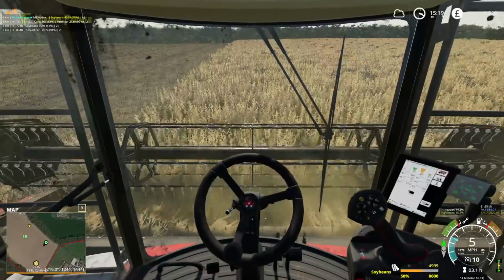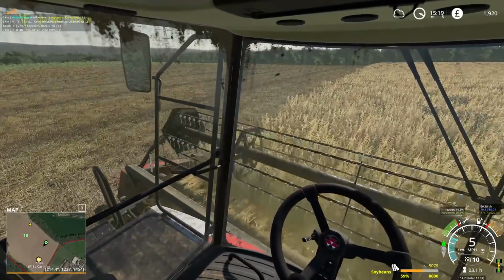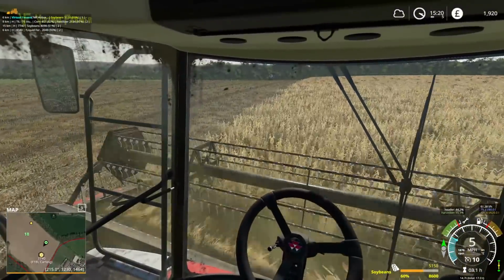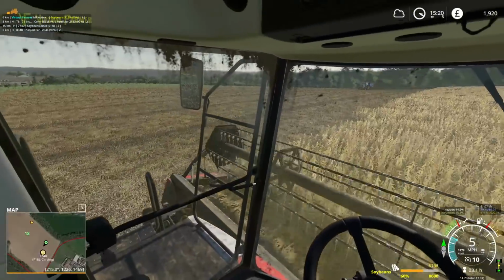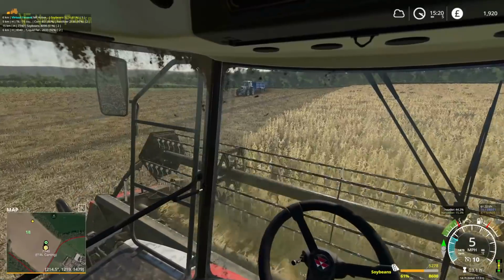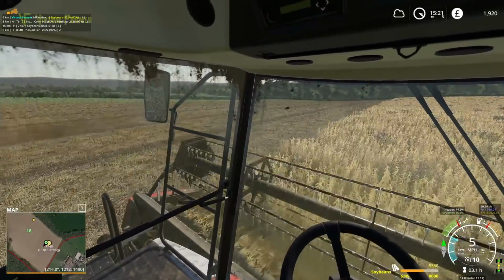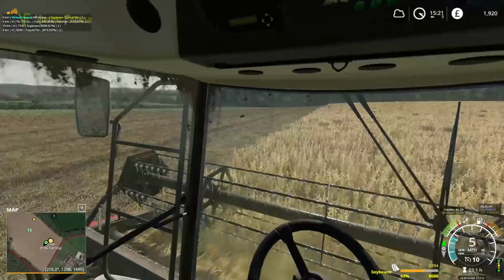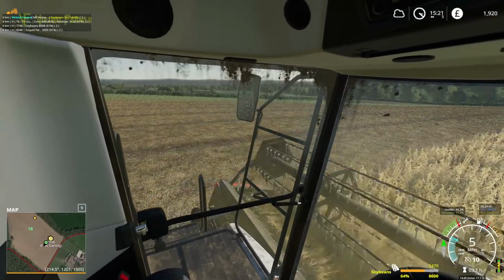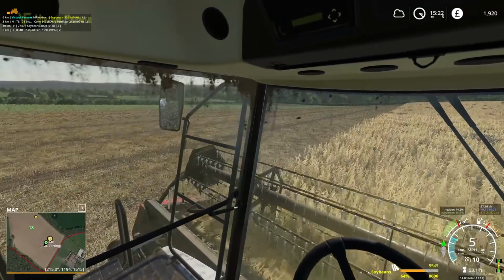So the soybean harvest seems to be going pretty well. We've got some good high yields off here. It's going to bring us a really decent amount in, which is absolutely fantastic. The corn, as I said, is going to go to silage, so we're going to have a big silage section with the cows. All the crops we're getting in this harvest are stuff that we're looking to use